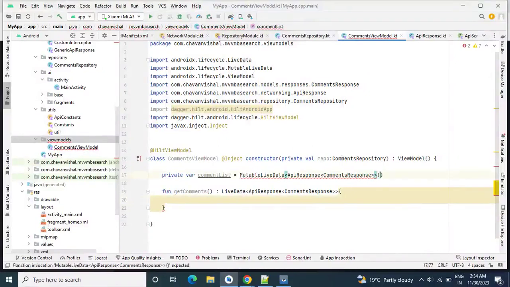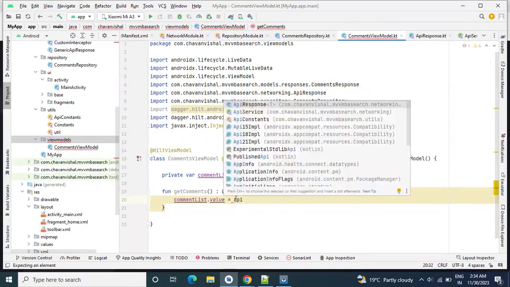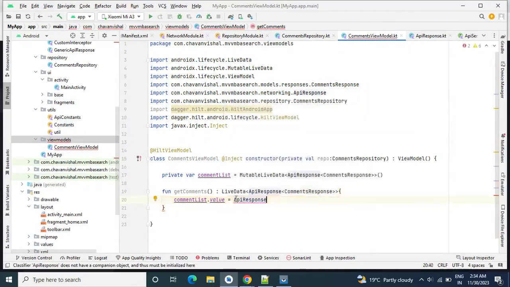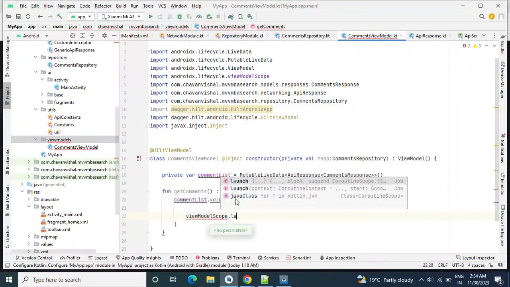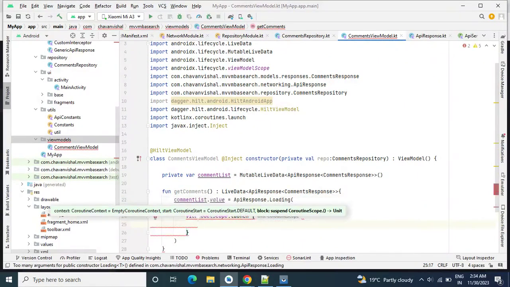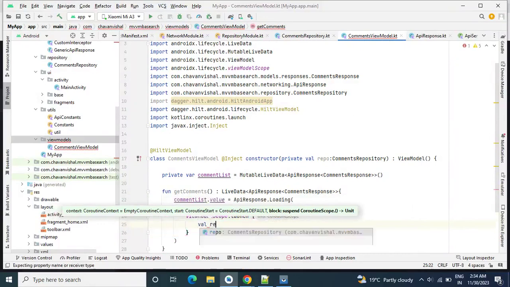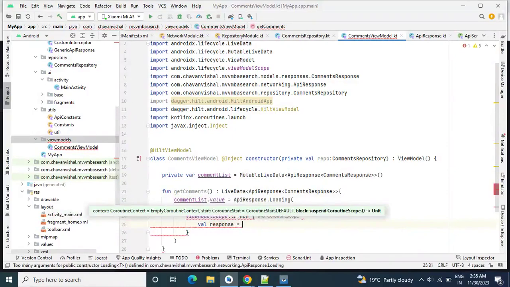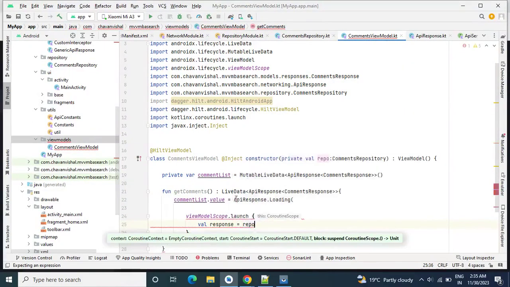Okay, so first what we will do here, we will write commentList.value. Before calling the API, we will start loading. So ApiResponse.loading, we will call the loading method to start loading, and then in viewModelScope.launch, we will start our actual task like val response is equal to repository.getComments.